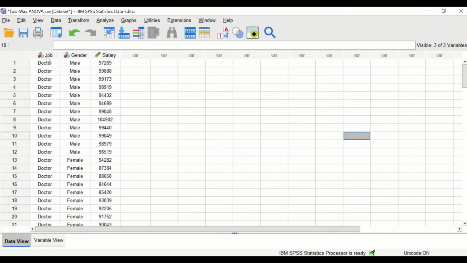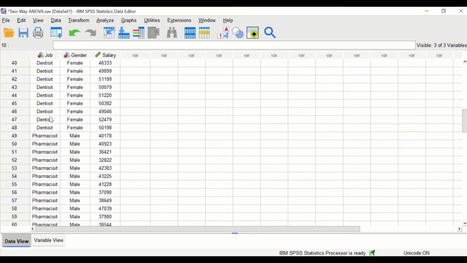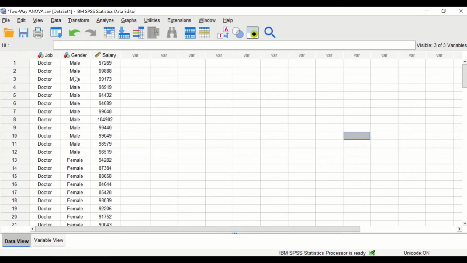For the factor job, there are four different levels or groups or categories: doctor, dentist, pharmacist, nurses. For the gender, there are two categories: male and females. So we have here two factors with sub-levels. This is an example of a 4x2 analysis, as we have 4 levels for the job and 2 levels for